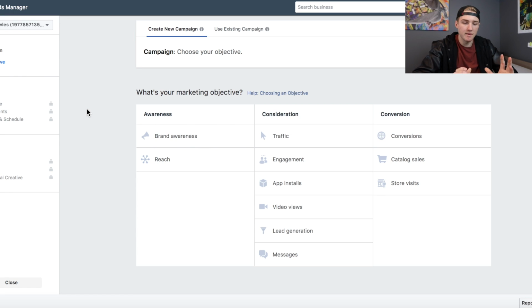But the first thing I wanna talk about, this is before you even create the campaign. This is the very first step. What type of campaign do you wanna do? And the reason I wanted to touch on this instead of, well, we're also obviously gonna be going more in depth on the specific things while you're creating it, but this is the first one and one of the most important